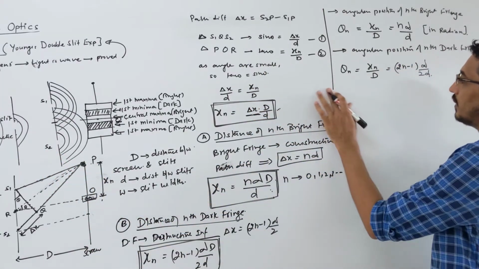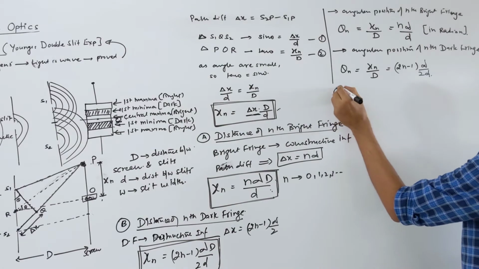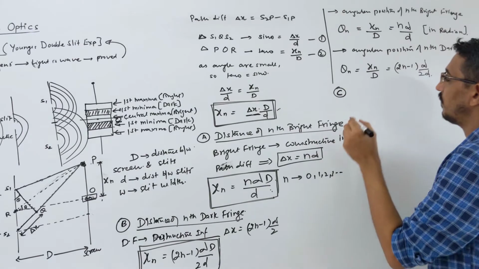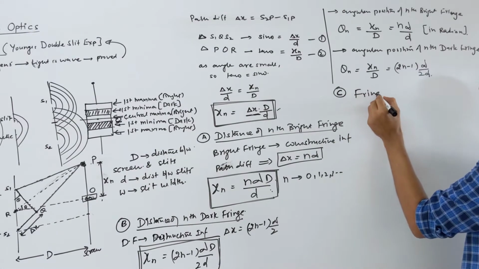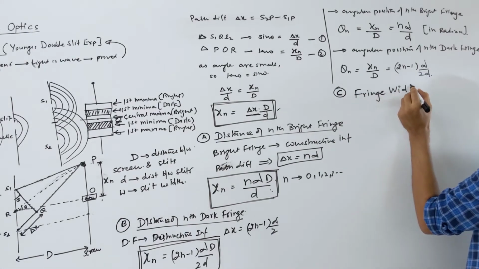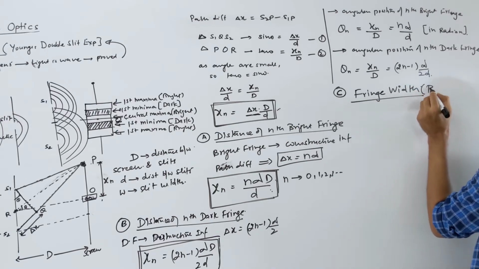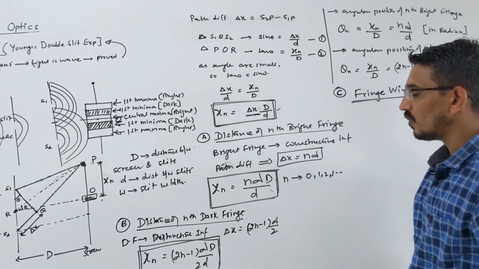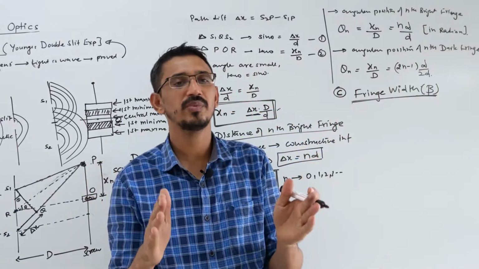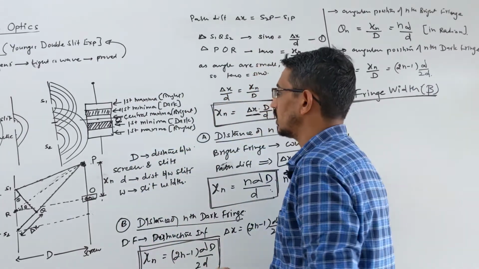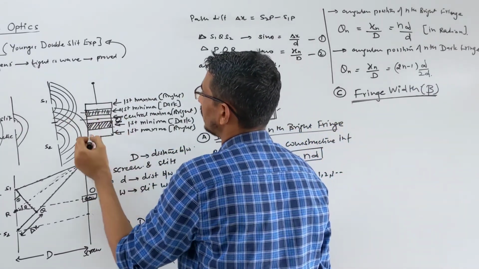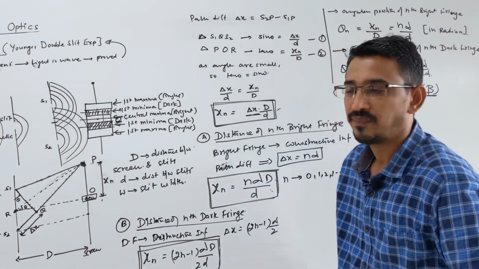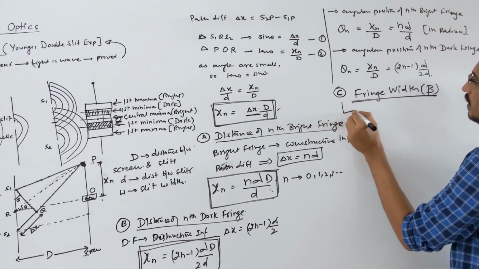Then the third question we want to calculate here is the fringe width. What's the width of this fringe? Okay, so let's calculate fringe width. We write the beta symbol for this also. Fringe width, very important. Fringe width is obviously the width of a fringe. So how do we calculate it? Suppose this is a first dark on this side and this is a first dark. You calculate the distance between them. That's called your fringe width. Correct?